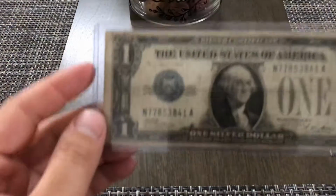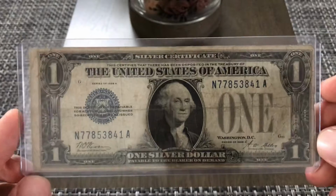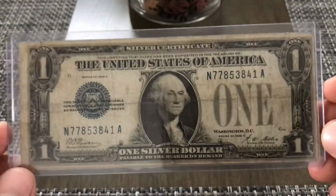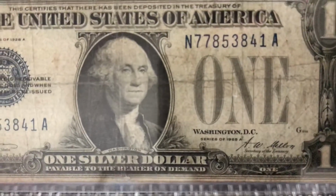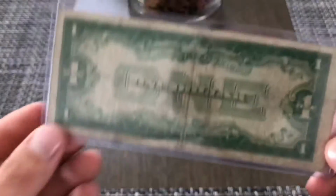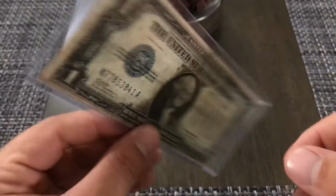Hey guys, this is my small sized or normal sized $1 bill collection. Haven't looked at these in a while, so I'm gonna kind of rediscover some of these along with you. Right here we got a 1928A $1 bill. These ones actually had what they call the funny back. Not in the greatest shape, but